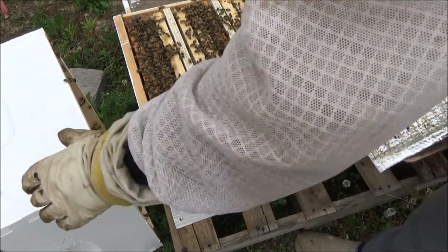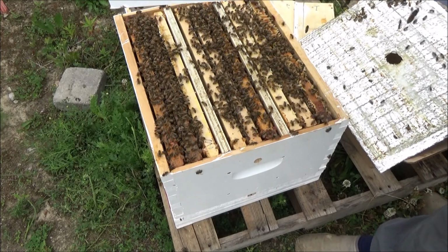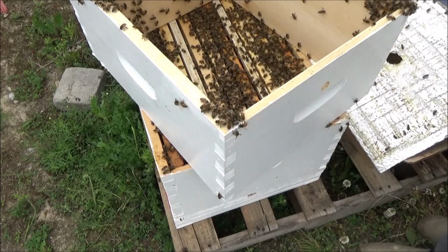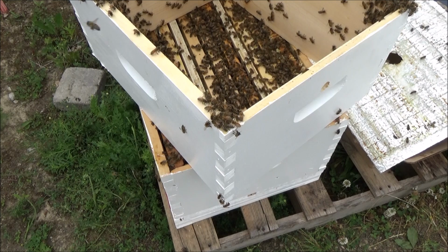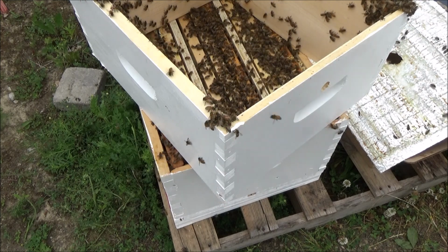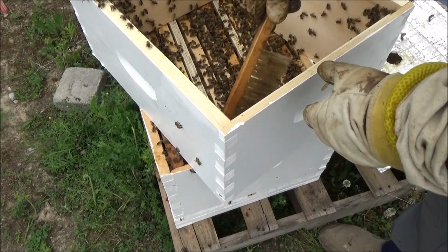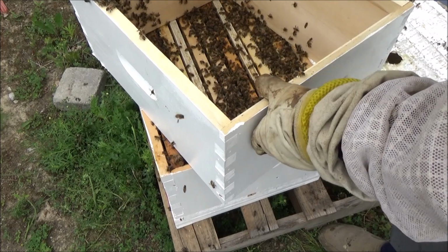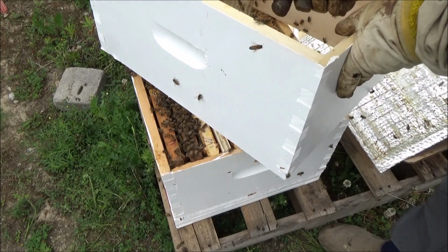Alright, so now I'm just going to try to knock some of the bees on this basically filter box that I had. I'm just going to try and brush them in so it's a little less obtrusive. These bees have been through a lot today. Again, most of these should be nurse bees, so they shouldn't really want to fly much. But